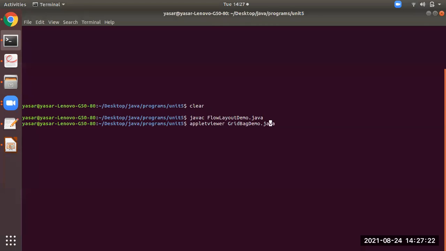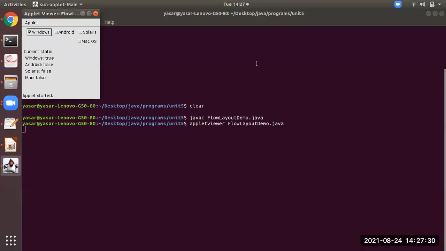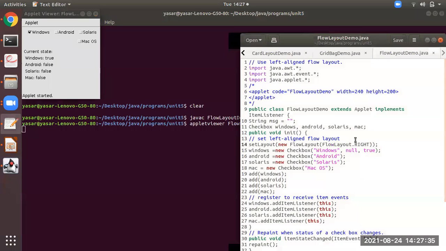Now run this. As over here I have specified FlowLayout.RIGHT, the components will be moving to the right side. Suppose if I provide left here, you can observe the output also.